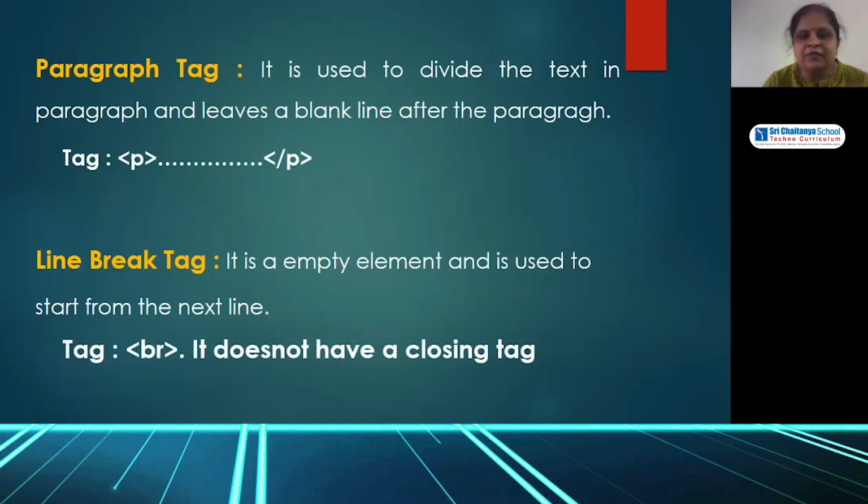Now, paragraph tag. For example, I'm writing some 5 to 6 lines, and all this paragraph information should be displayed as a paragraph. Then that information we have to type within the tag called P, open tag P and the closing tag slash P, and this is the information which will be displayed as a paragraph on the web page. In the same way, you already know about break a line, that is to display the line from the next line.